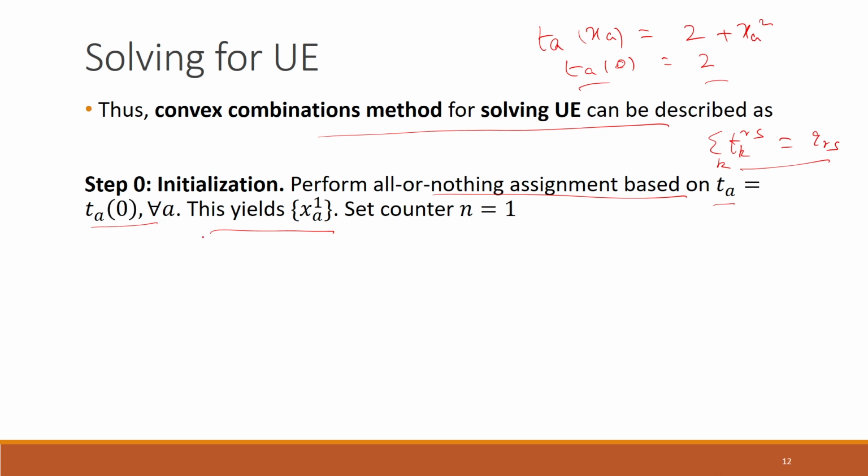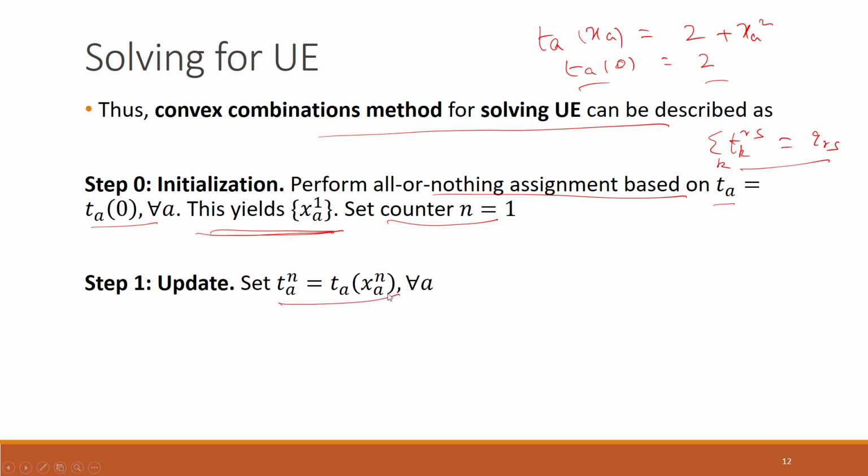So, we have now got a set of link flows that we obtained after doing this all or nothing assignment, when we assume that the travel time on each link is equal to that constant free flow travel time. Okay. So, now we can set the counter n equal to 1 here, and then with these flows that we obtained after the all or nothing assignment, you can again calculate the new travel times of